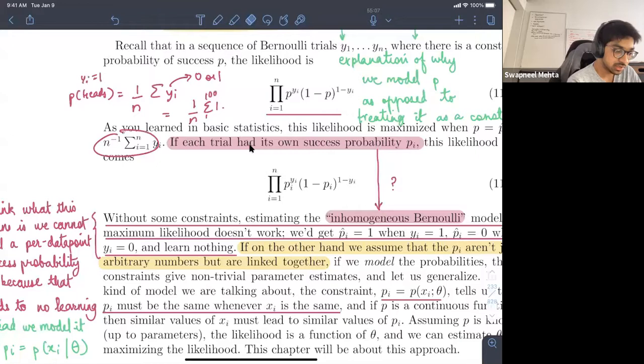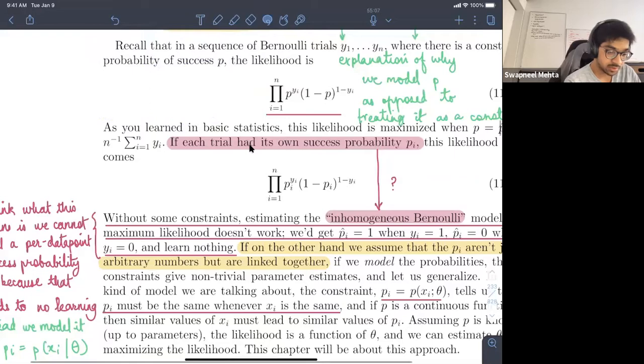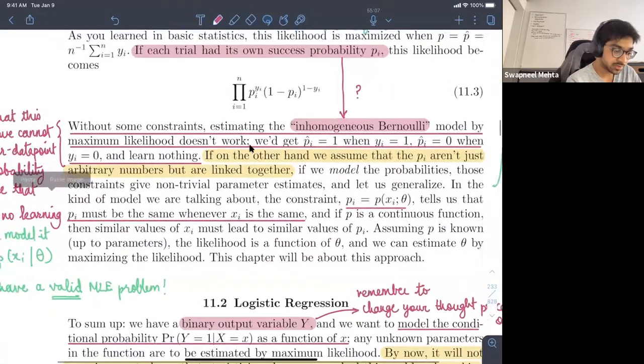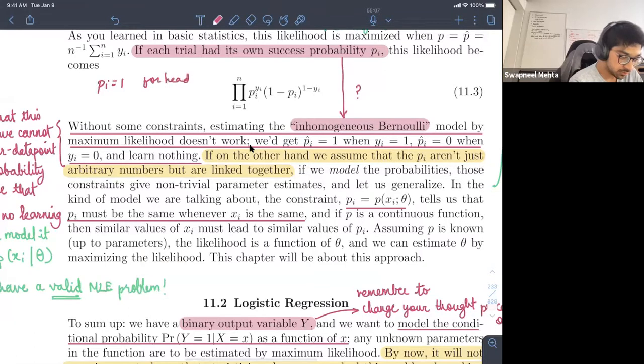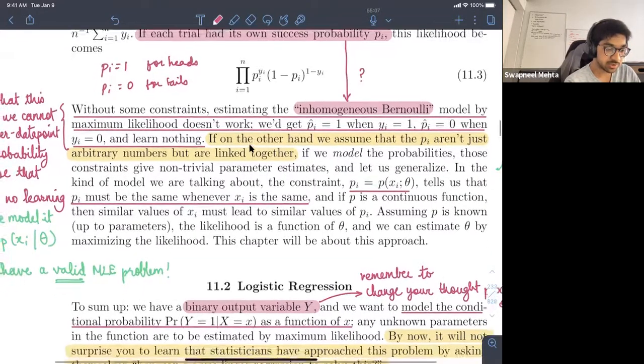So typically, this likelihood is maximized when you take this estimate of your probability, but there is a problem with this. And what is the problem? The problem is if you try to maximize the likelihood without any constraints, then you're going to get pi is equal to 1 for heads and pi is equal to 0 for tails. And you're not learning anything. If you multiply it together, you're still going to get